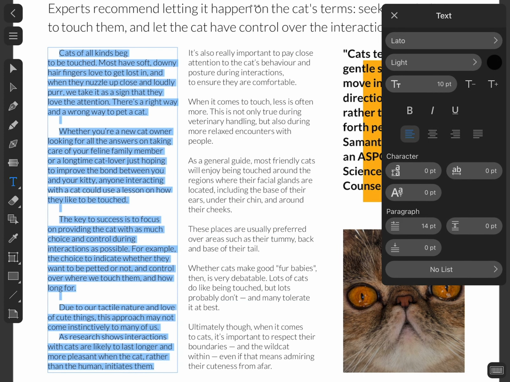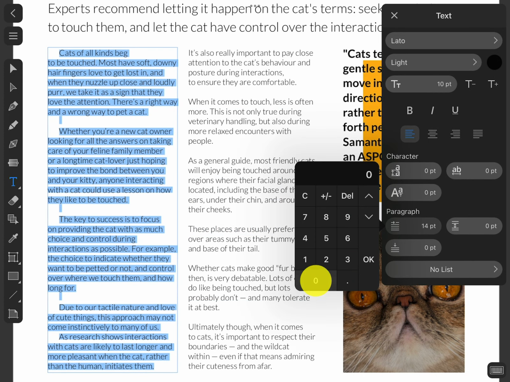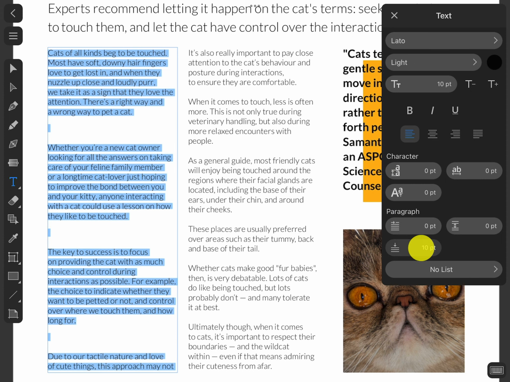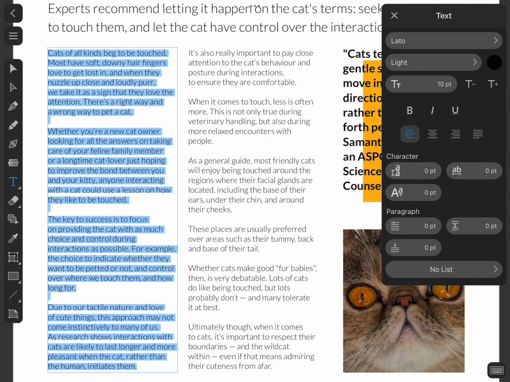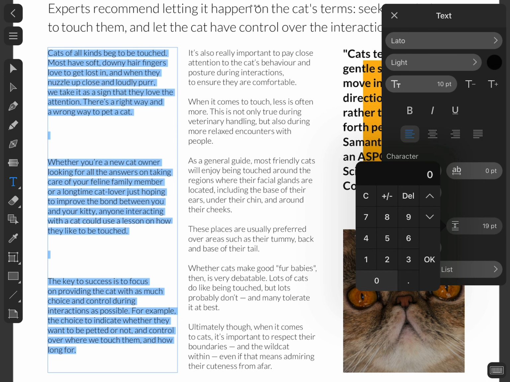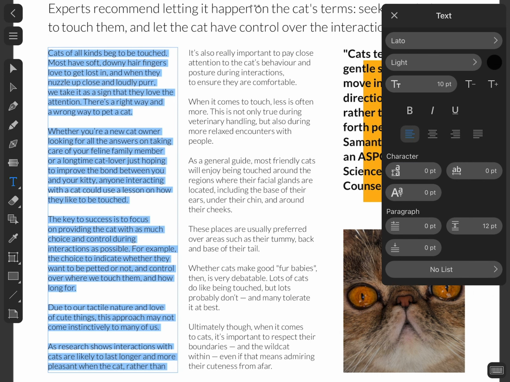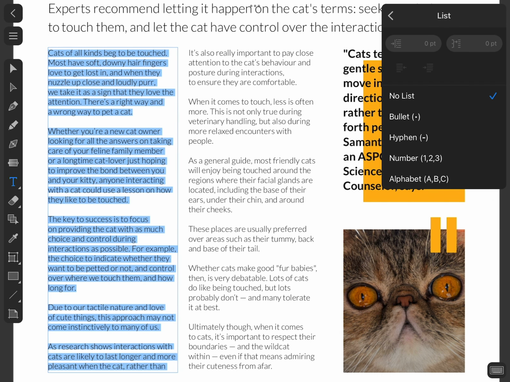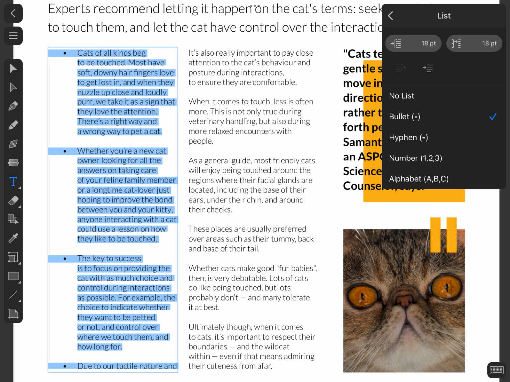These parameters define the size of the indent at the beginning of the paragraph and spacings after and before the paragraph. These settings are often used for large texts. The last button opens settings for numbered and unnumbered lists. Here we can choose either a number or a symbol that appears at the beginning of each line. Let it be a bullet.